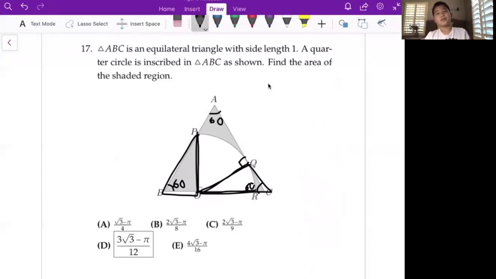So another thing we check is the sides. Well, we know that these two sides are the same, right? So they're congruent by AAS. So they're congruent, and